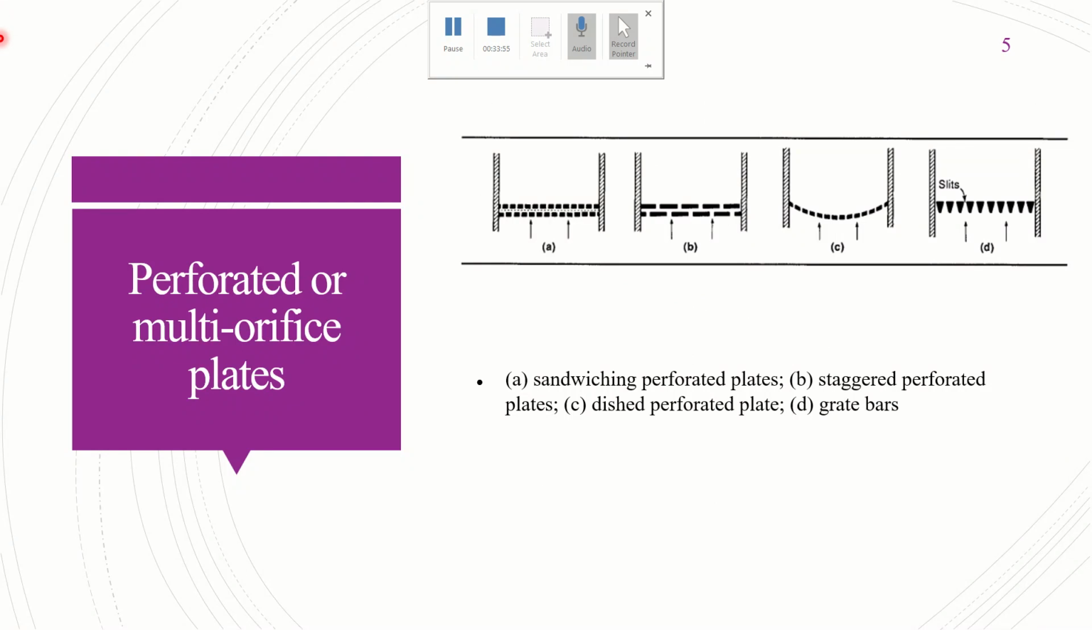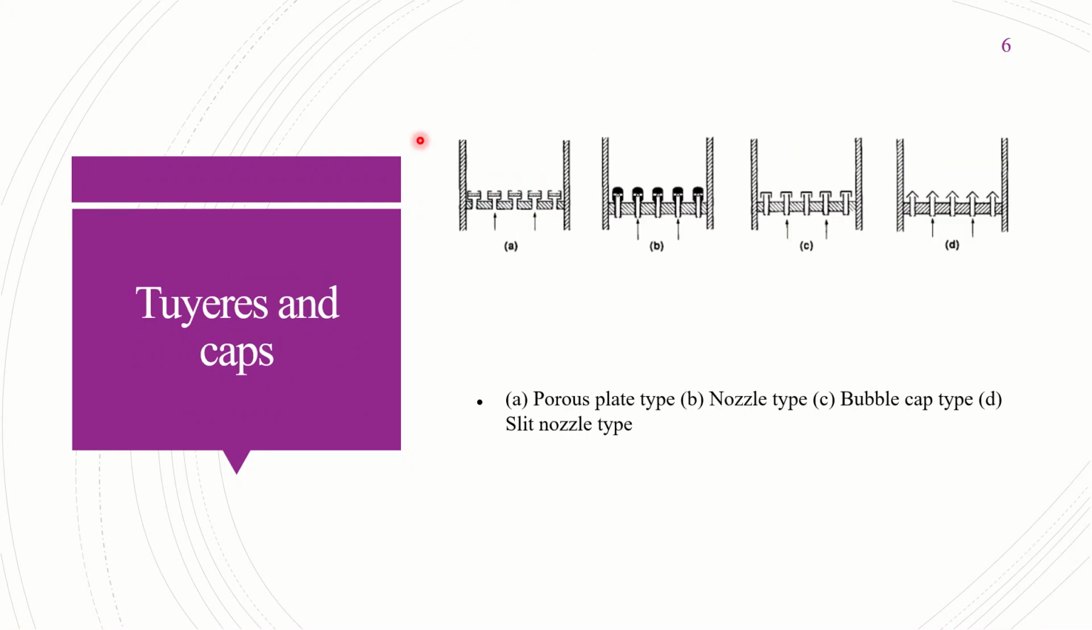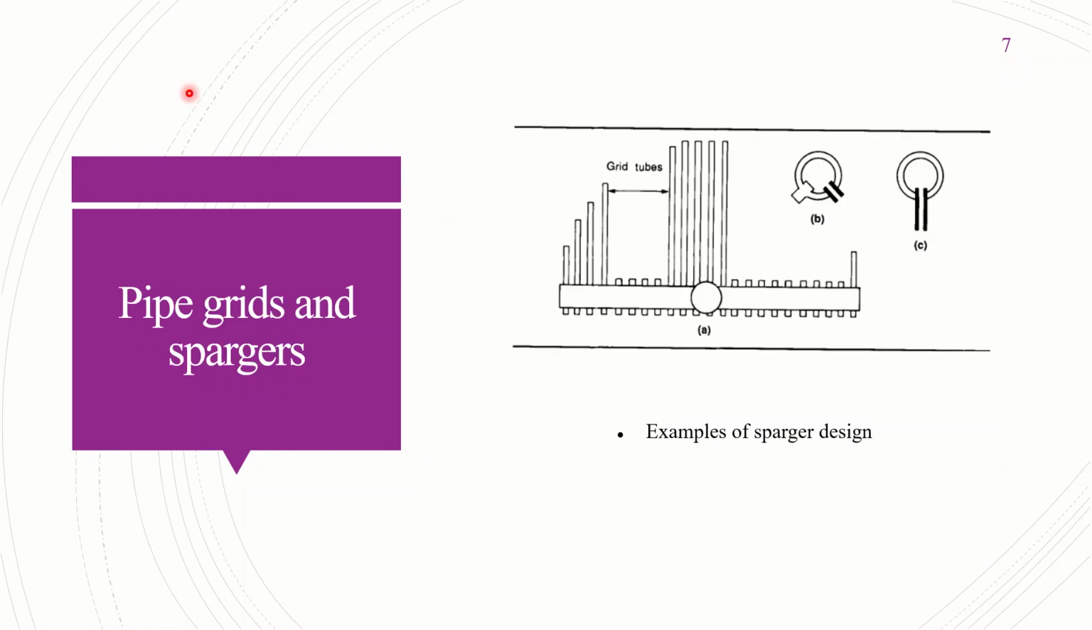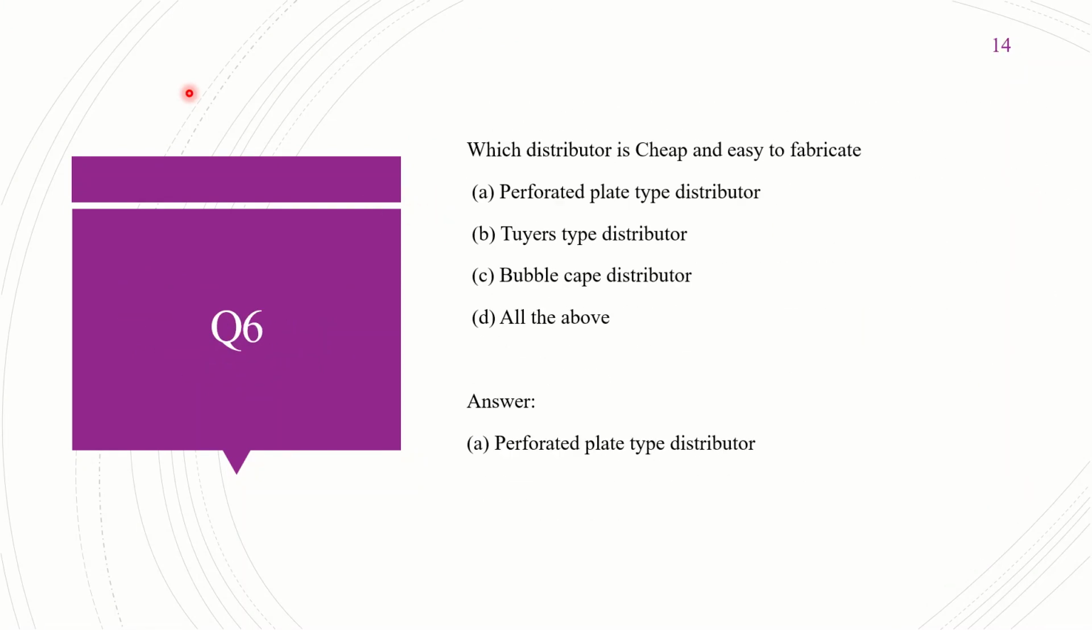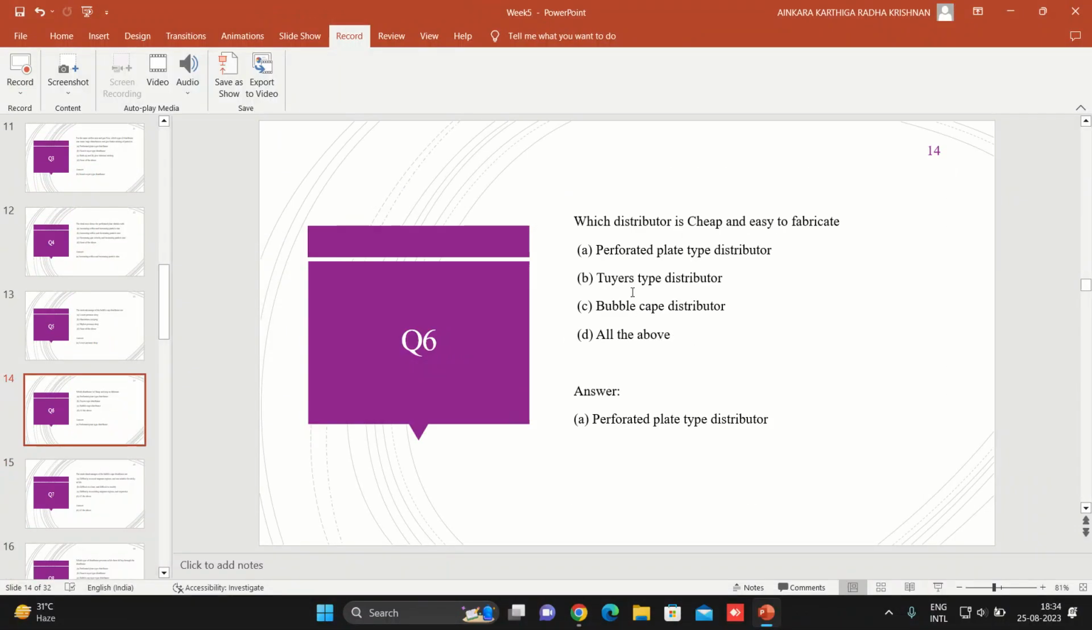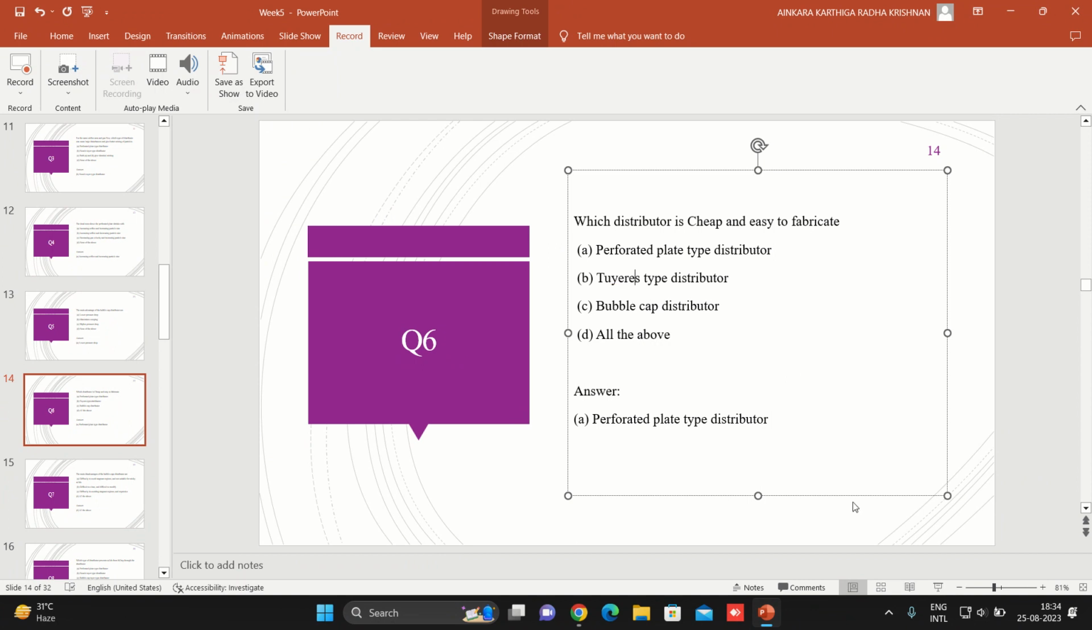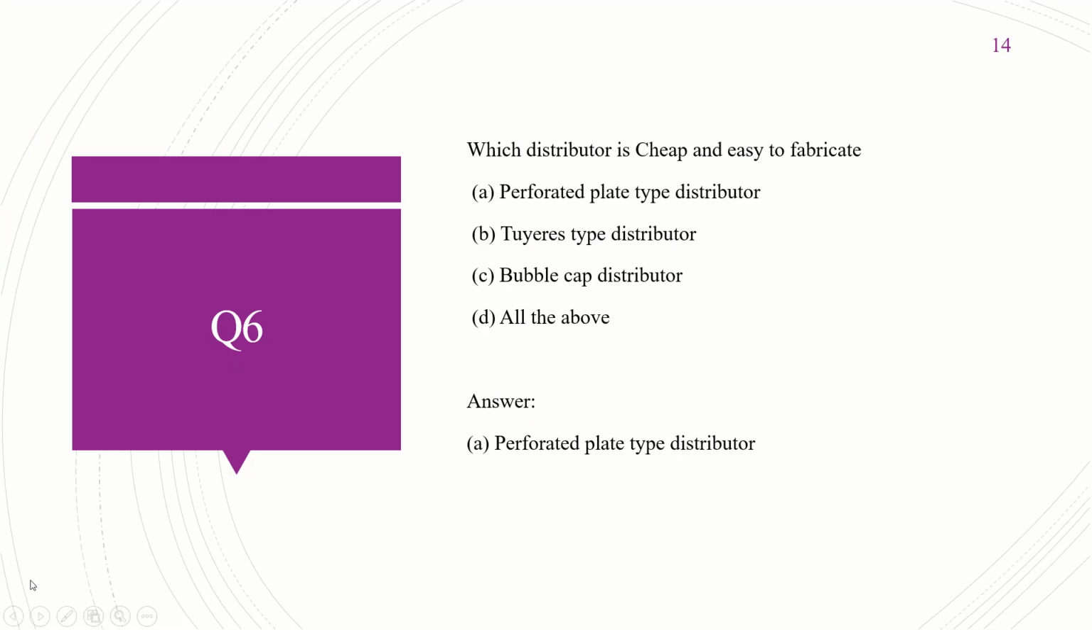It is easier to construct than compared to tuyeres and caps, where we have to make the cap, bubble cap and slit nozzle type, everything. So tuyeres and caps are very difficult to construct, and pipe grids. On seeing them both, we can see that the tuyere type distributor and bubble cap distributor are both very difficult to construct, whereas the perforated plate distributor is easier to construct comparatively. So the answer is option